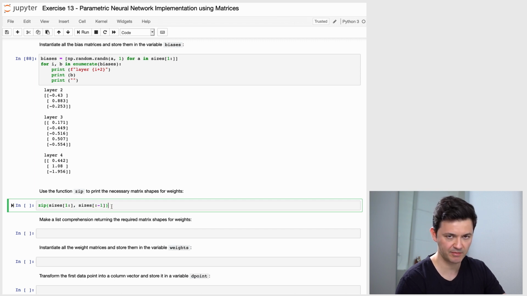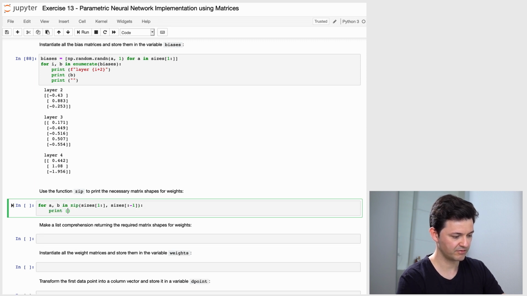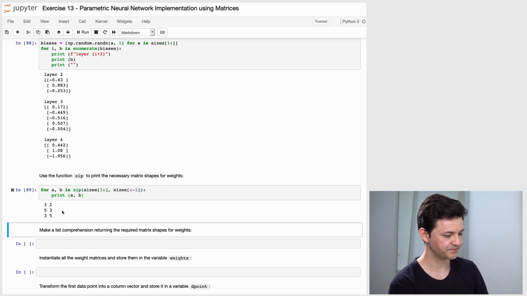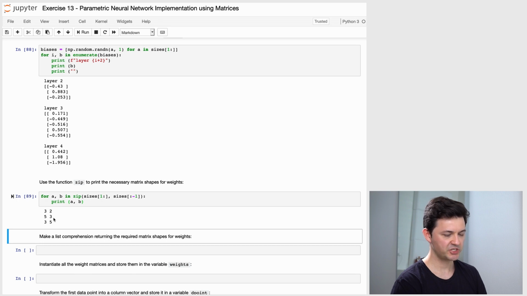First element with the first element, second element with the second element. To iterate through it, we can make a for loop. So for a comma b in zip, print a comma b. And now we have it. So we have 3, 2, 5, 3, and 3, 5, which are exactly the sizes of our weight matrices that we need. We just need to make this into a list